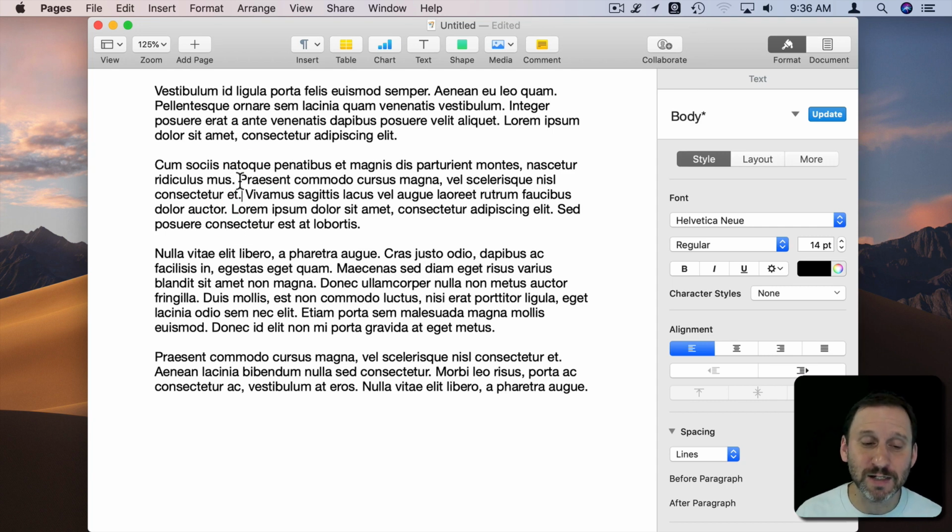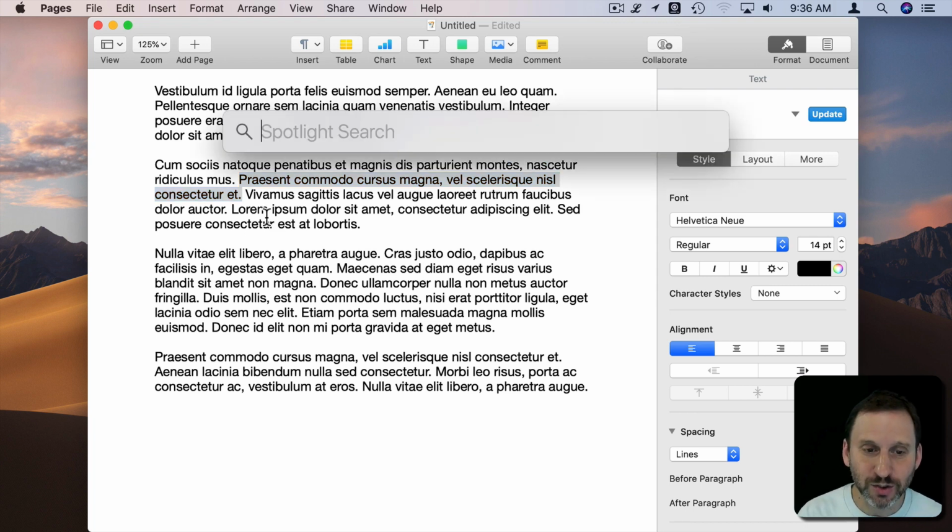But what if this is a task I need to do pretty often? I'd love to be able to select the text and then hit a shortcut and quotes go around it. So how would you do this? Well, you can do it in Automator. So let's launch Automator